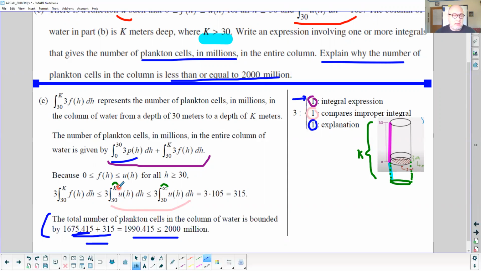Could k be like 40, 50, 100? Well, the largest it can be is if k went all the way out to infinity. If you think of this original function here, pulling the 3 out is probably a good idea to really understand all this, because a constant just moves everything up by a factor of 3. If you go from 0 to k of f, that's going to be under 3 times the integral from 0 to k of u, just because of this inequality they gave you. And this, of course, has to be under